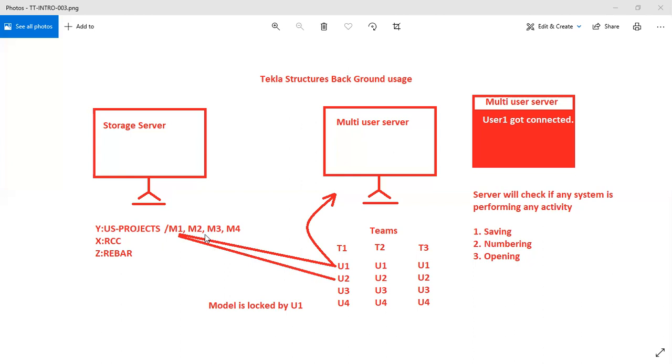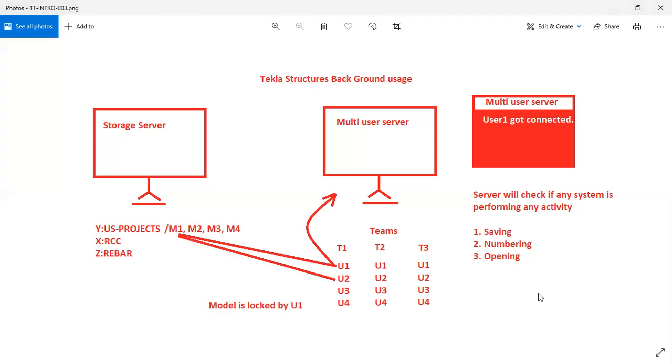So what multi-user does is that it will provide the connectivity to these two things, right? So the model will get connected to the user. Whenever a user tries to open a model, it will get connected directly if it is a single-user model. But if it is a multi-user model, then what will happen?